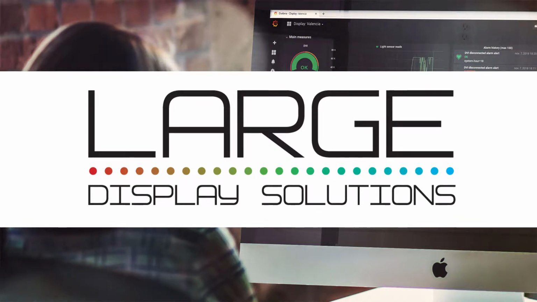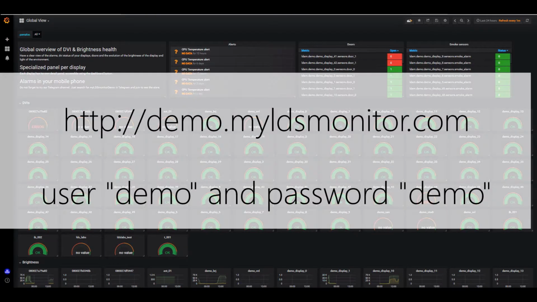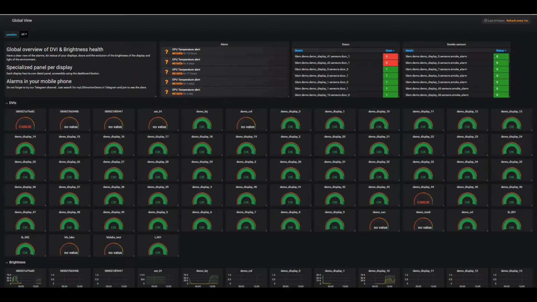Today I want to show you how the user interface that we offer works, using our demo site. This is the user interface that you will have if you acquire the licenses to see all the displays of your clients, or all your displays. The main idea here is that you have an overview panel. This overview panel is completely